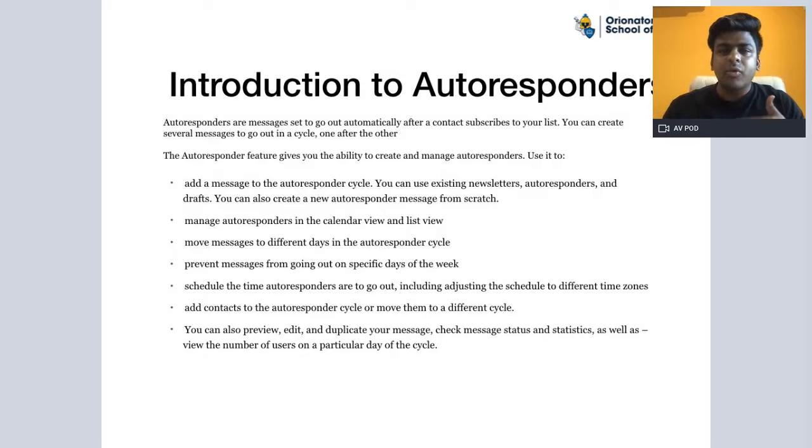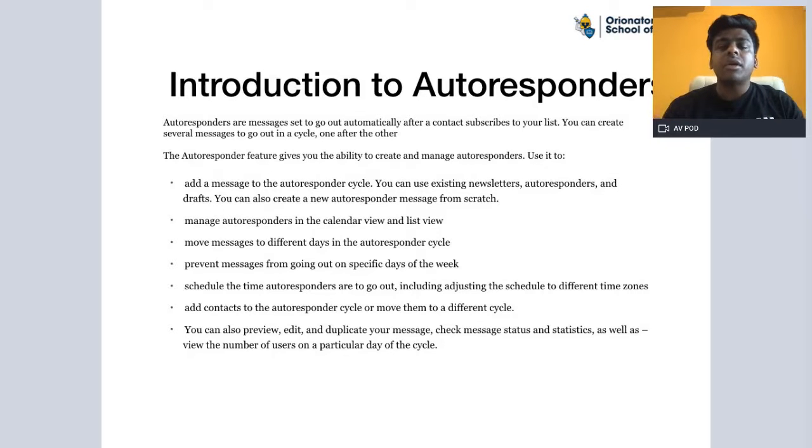So what I can do is create a sequence of mails which has to be delivered on particular dates. For example, I have subscribed to your list or subscribed to the offer on Monday, right? So that day would be day zero, right? The day on which you subscribe is day zero. So on day zero, automatically a thank you mail has to be sent, like thank you for registering. On day one, the first exercise. On day two, the second, day three, until day 30. The complete sequence will be created in advance, right?